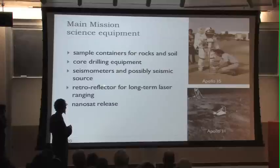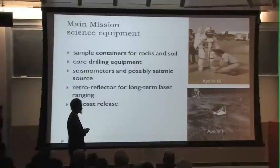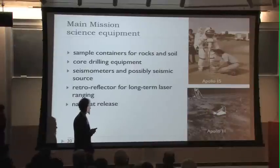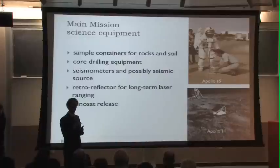The final instrument that we would plan to deploy, at least from our planning stage, would be a retroreflector. This is one that was left on our moon by the Apollo 11 mission. This is simply a passive reflector at which you can shine a laser beam. It travels there, it returns, and the return time tells you the distance. And if you